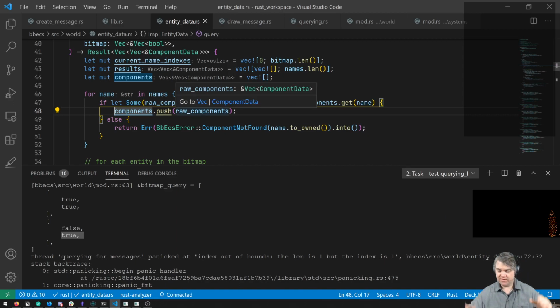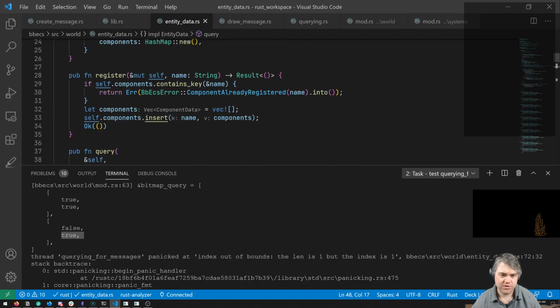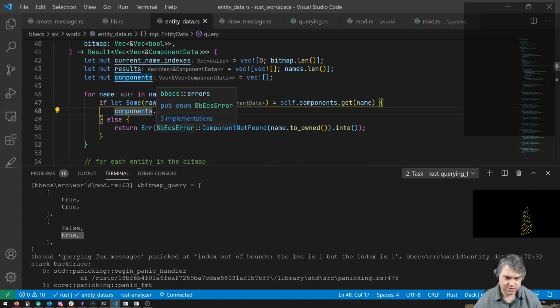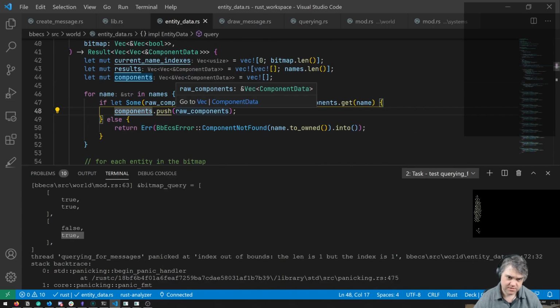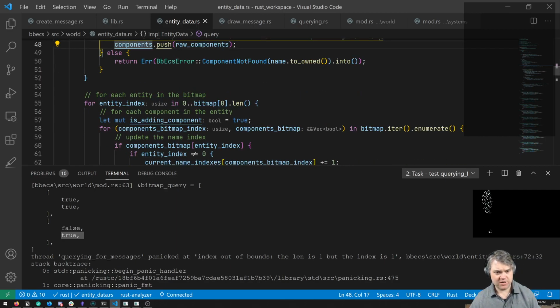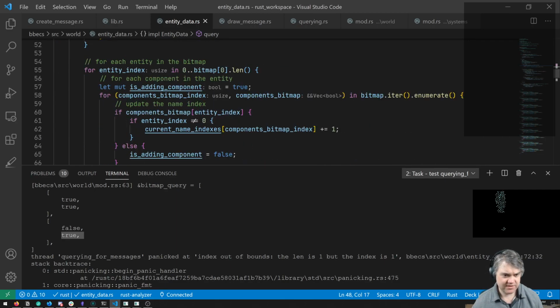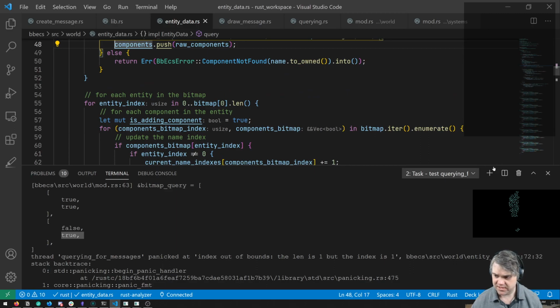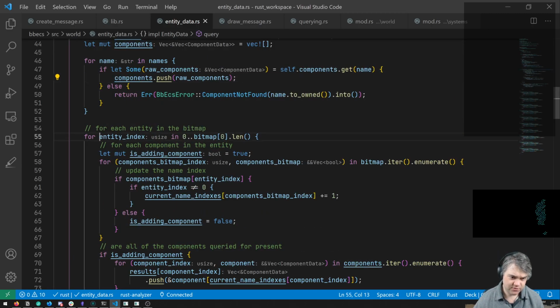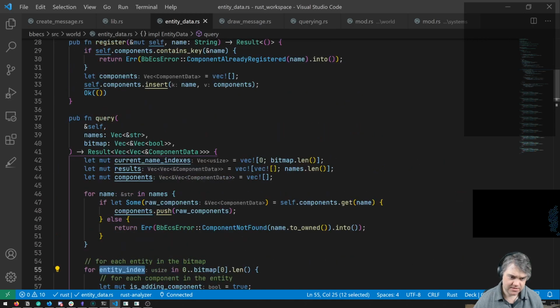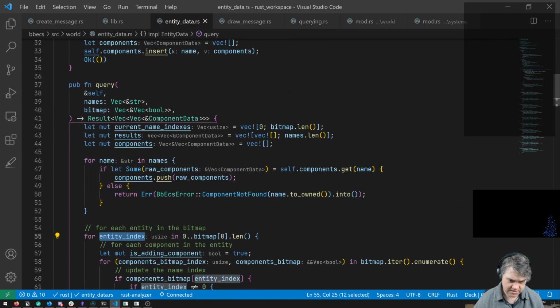Okay, so we're just taking out the full vector of components and throwing them into components. So we have a vector of vectors. I wonder if it would be better for us to just do the double loop inside of here instead of two loops separately. Because then we go through, okay, for entity index in bitmap. So then we go through the bitmap.